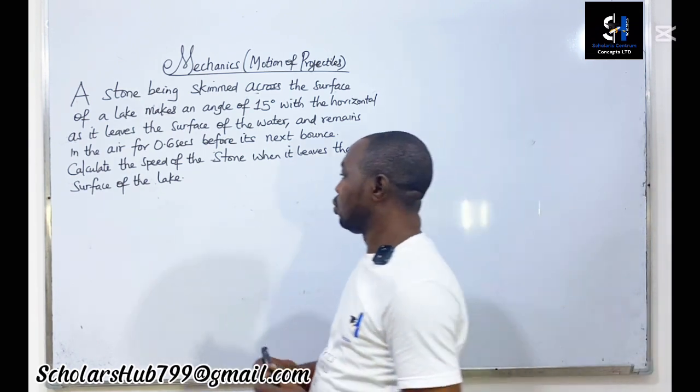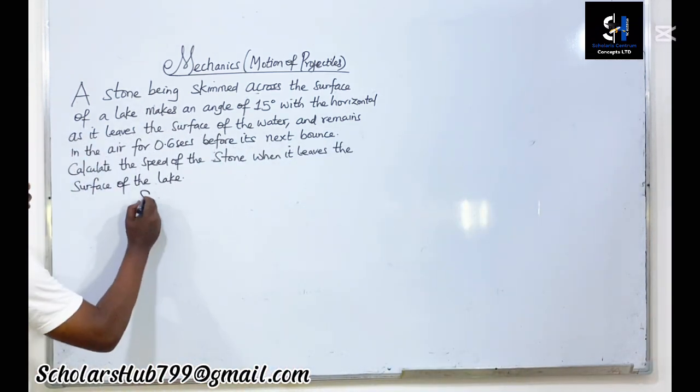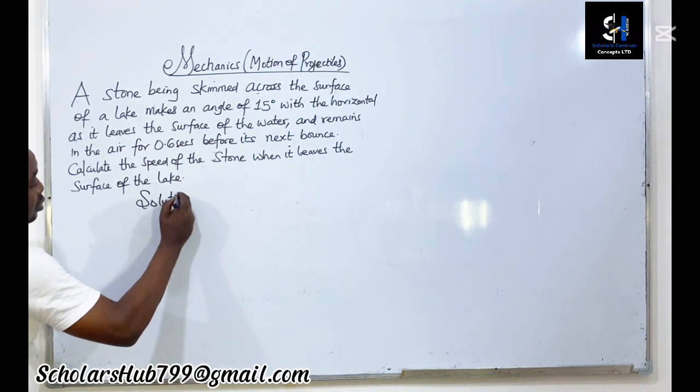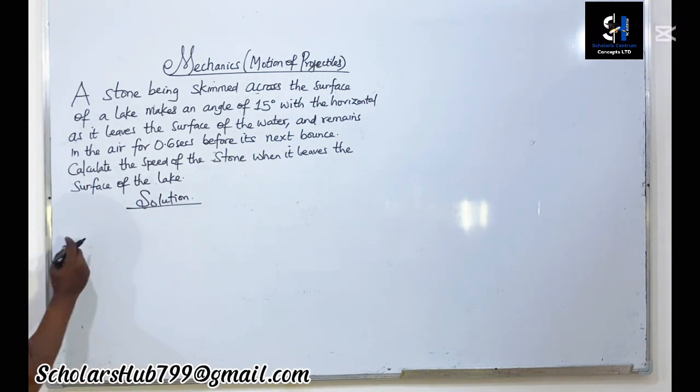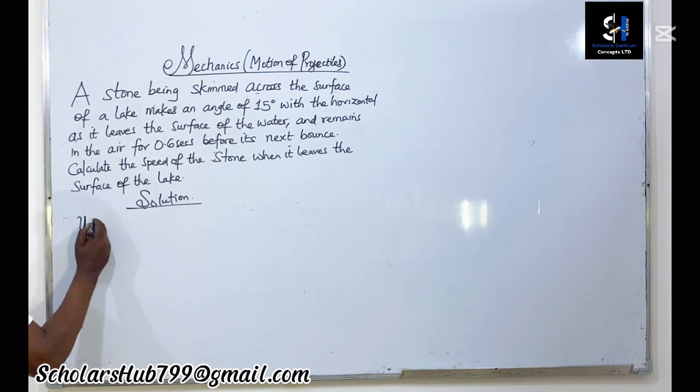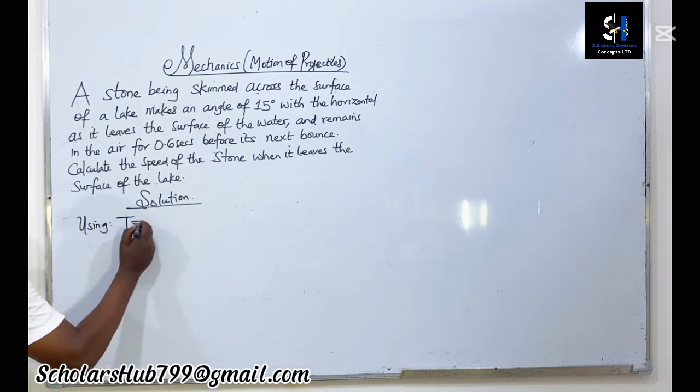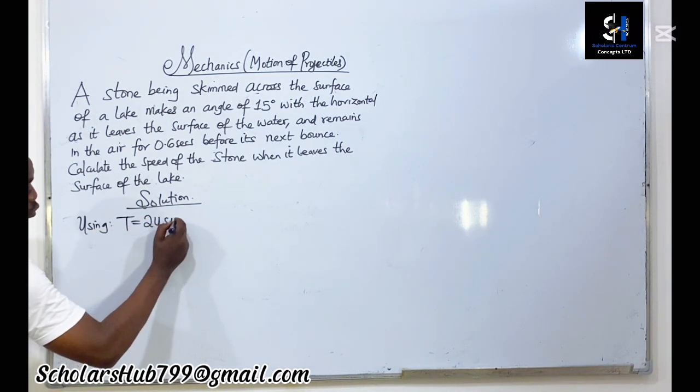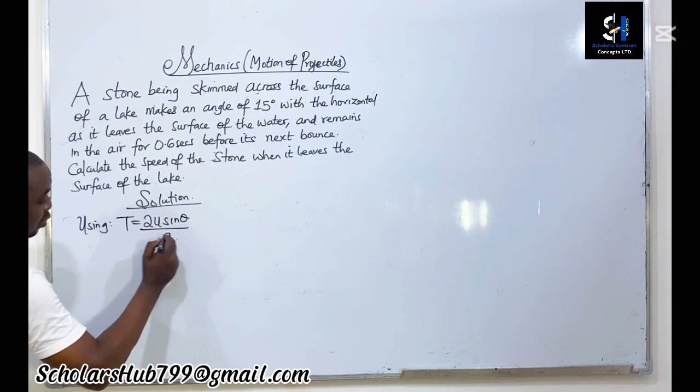We know that to calculate the time of flight when an object is projected at a given angle to the horizontal, we use t equals 2u sine theta over